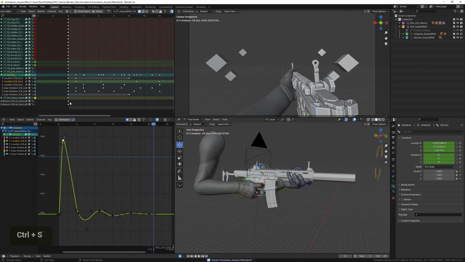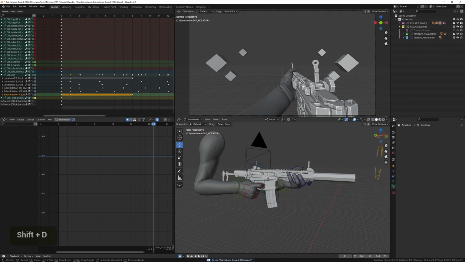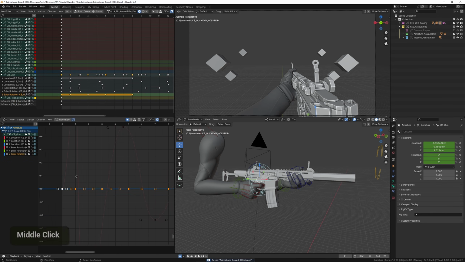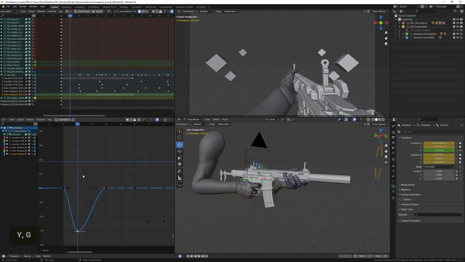All right, and finally, I'm also going to add some Z keyframes for the rotation. And again, doing the same thing, going back to the graph editor and just tweaking them a bit